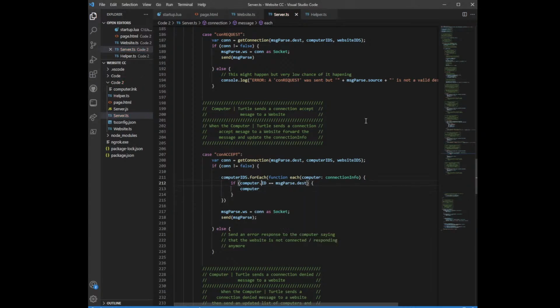Wait, no, source. Yeah, the source. Computer.connectedTo equals